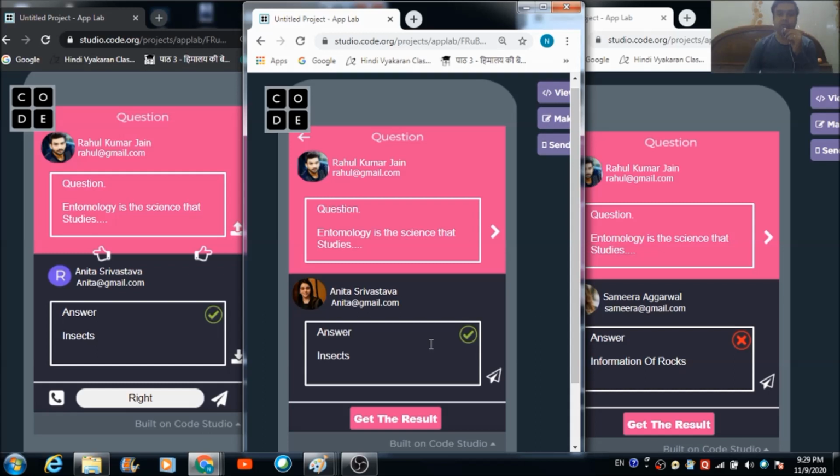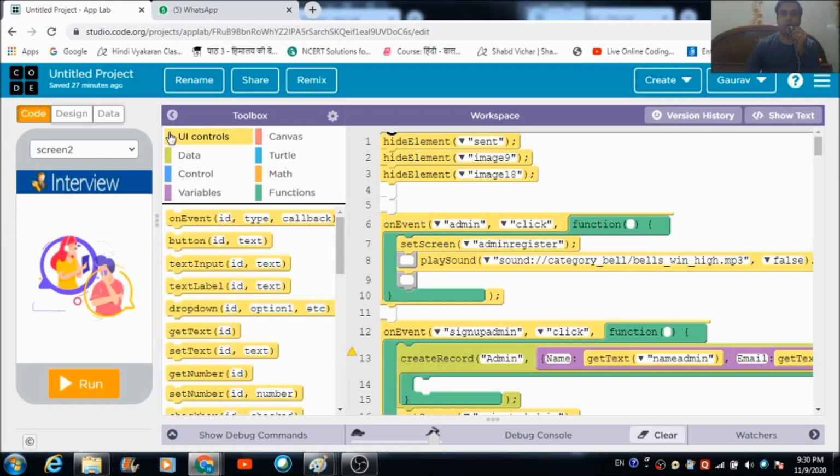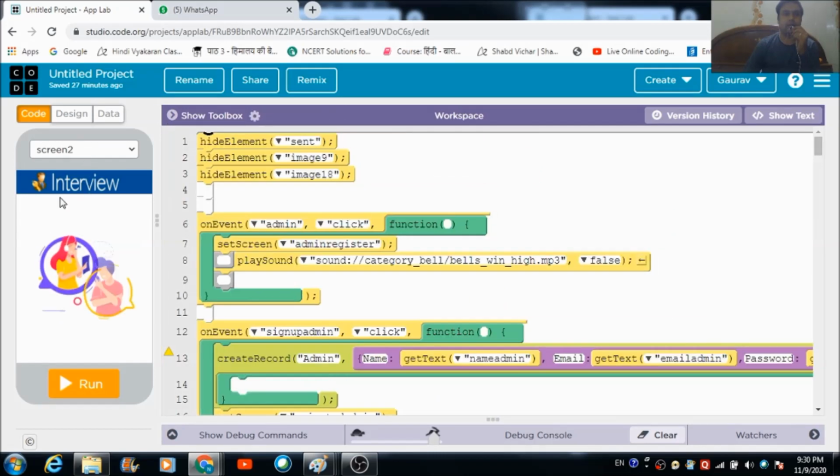Fine. Now let's check out the code which we have written for coding this mobile application on the code.org platform. This is the whole code which you're seeing over here, and this is the screen which the user is going to come across when he first accesses the app on his mobile. Fine. Now there is an image which I have placed over here, with the name admin.